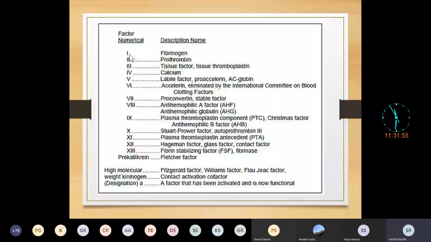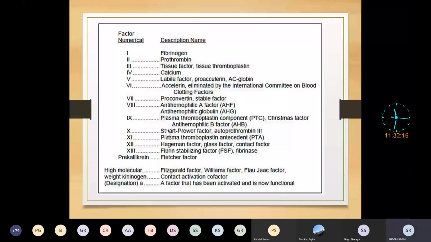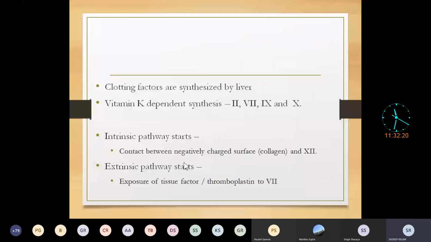Factor number one is fibrinogen, 2 is prothrombin, 3 is tissue factor or tissue thromboplastin. So this is factor 3. Fibrinogen is factor 1, prothrombin is factor 2. Similarly, there are names of all the factors. The clotting factors are synthesized by the liver, and 4 clotting factors, especially